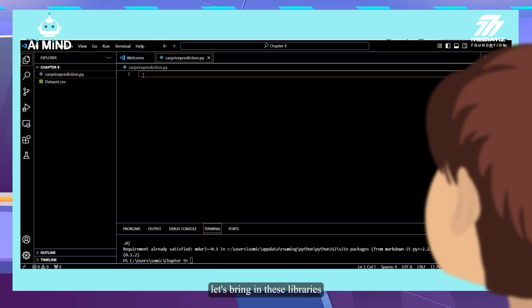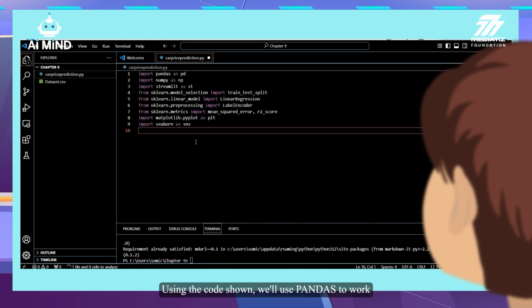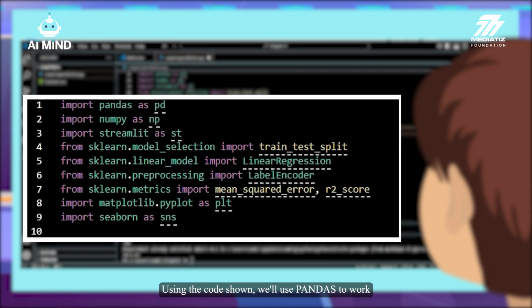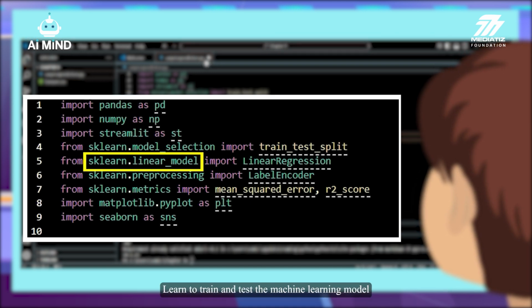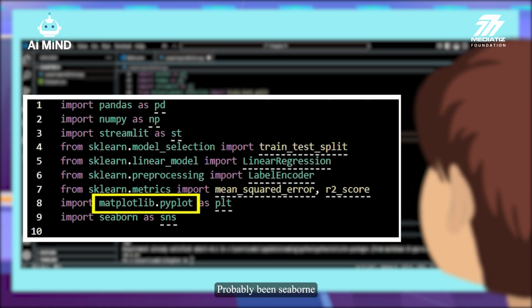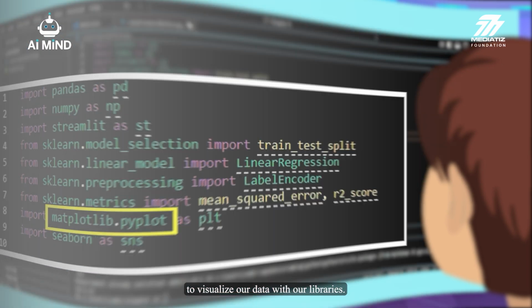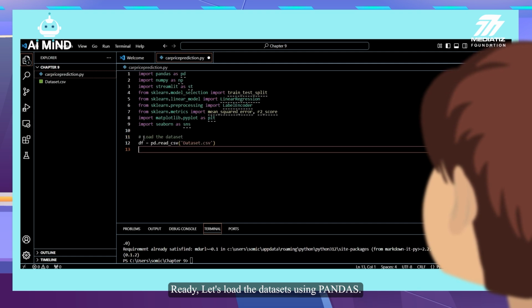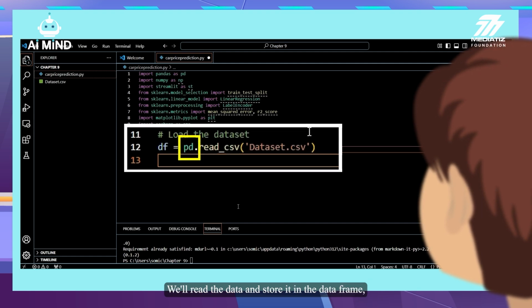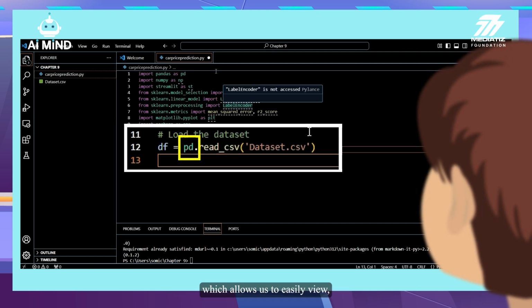Now, let's bring in these libraries into our Python script using the code shown. We'll use Pandas to work with our data, Streamlit to create a simple web app for our model, scikit-learn to train and test the machine learning model, and matplotlib and seaborn to visualize our data. With our libraries ready, let's load the dataset. Using Pandas, we'll read the data and store it in a data frame, which allows us to easily view, manage,